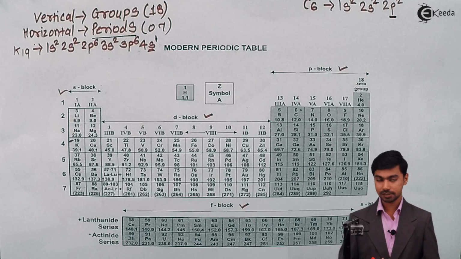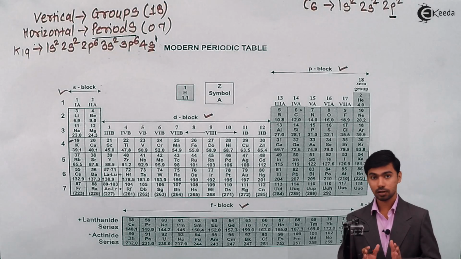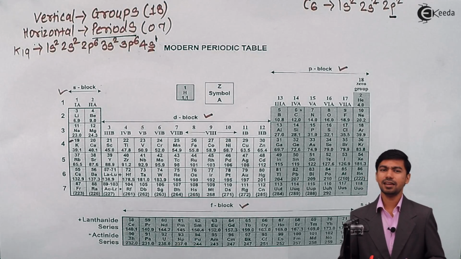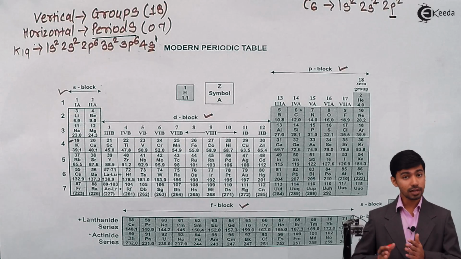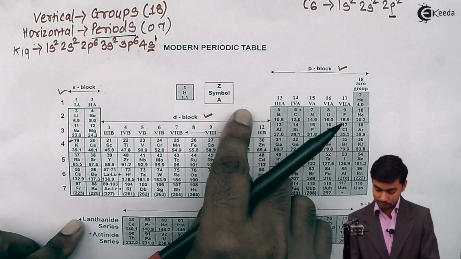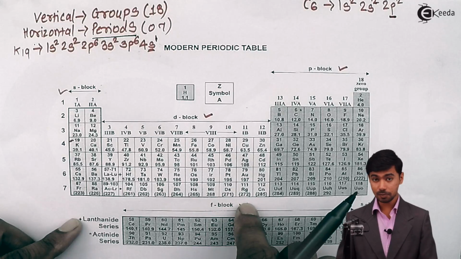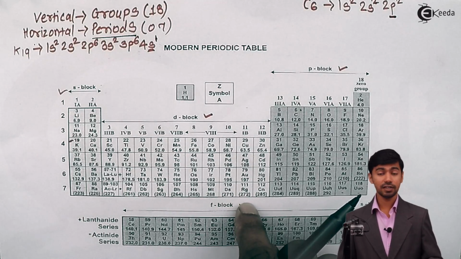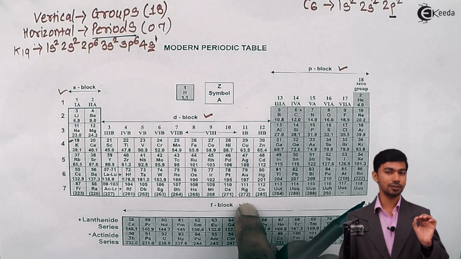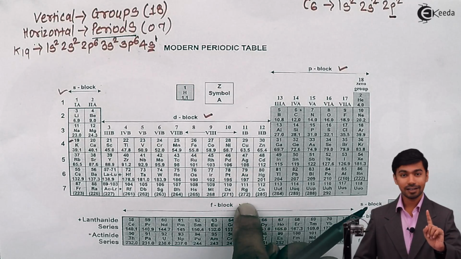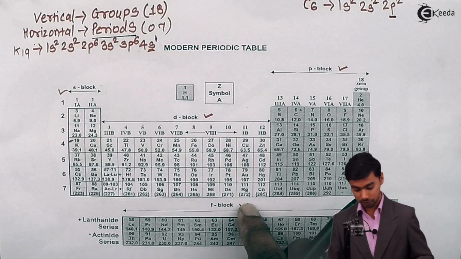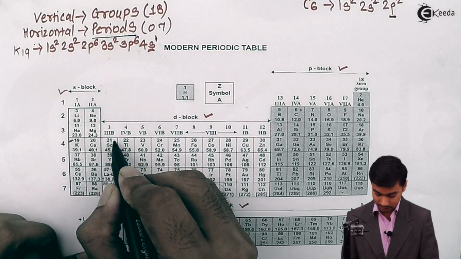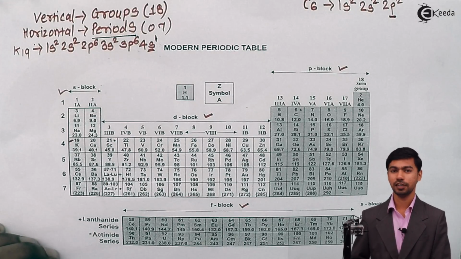Now in case of d subshell, in case of d block, what does it mean? Again, same as the s block and p block, for all the elements present in the d block, the last electron, that is the valence electron, comes into a d subshell. Let us take an example of scandium, the first element of the d block,